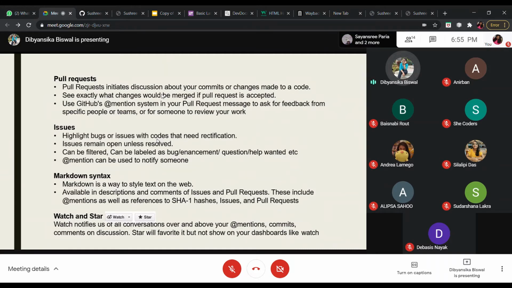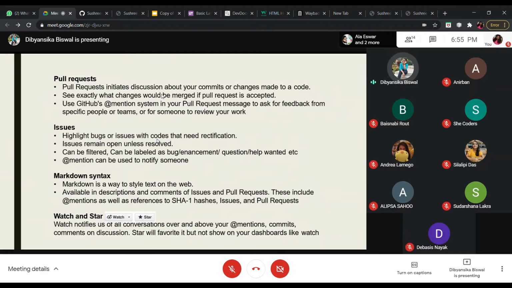And star will favorite it but not show it on a dashboard like watch. So basically, star means you like the code and just want to review it later or something. Okay, so these are certain concepts that we need to know.